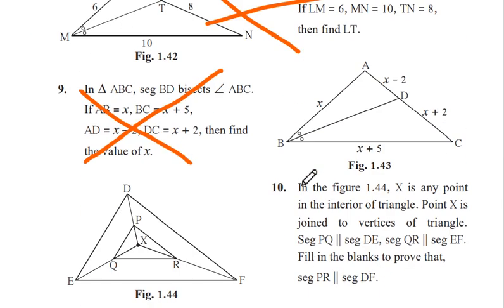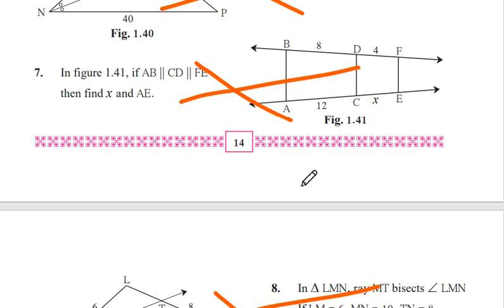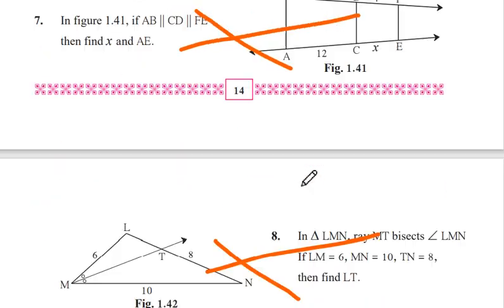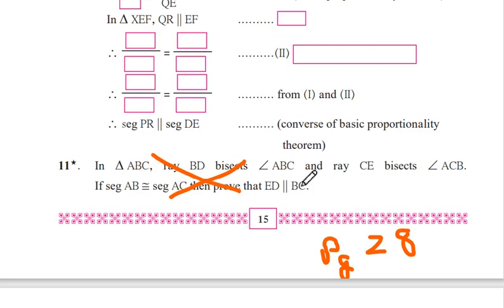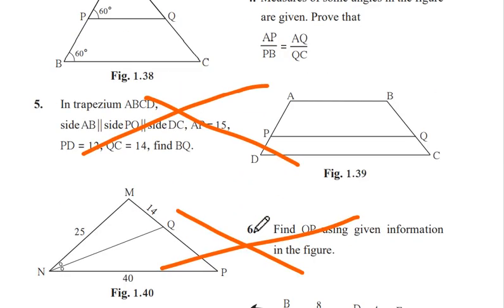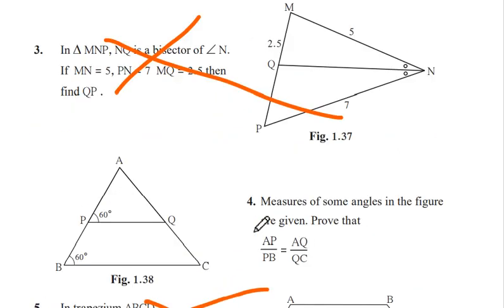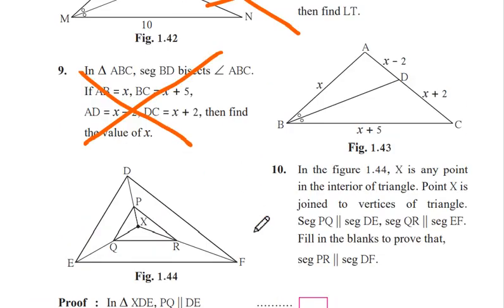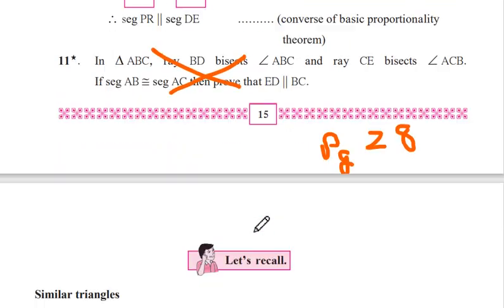8, 9. So if I tell you in a very easy way, only question number 2, question number 4 and question number 10 are there in that exercise. Rest all the sums have been deleted. Question number 11 also is deleted. So again I'll repeat. See here again, that is 1.2. Question number 1, 3, 5, 6, 7, 8, 9 and 11.